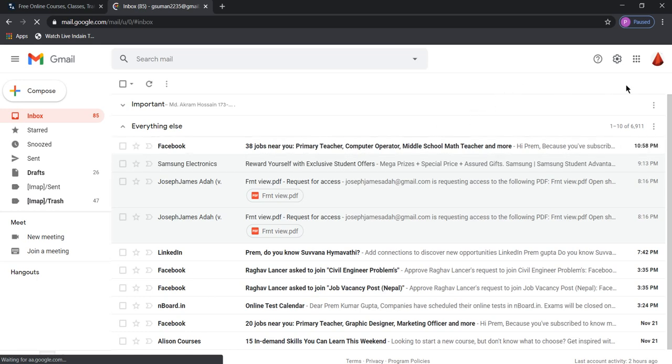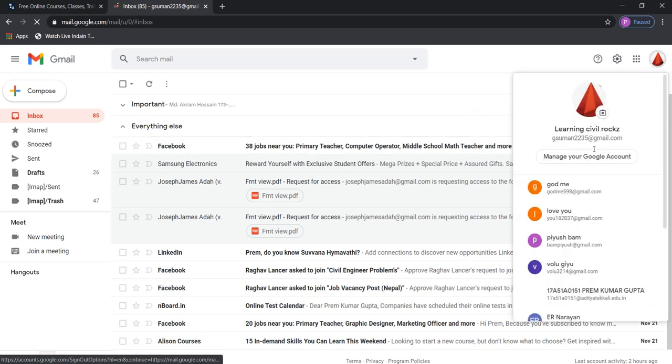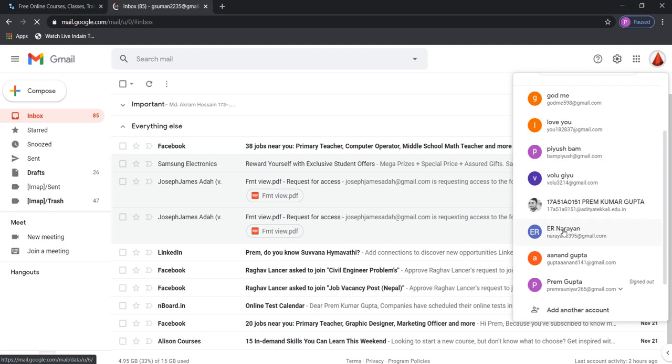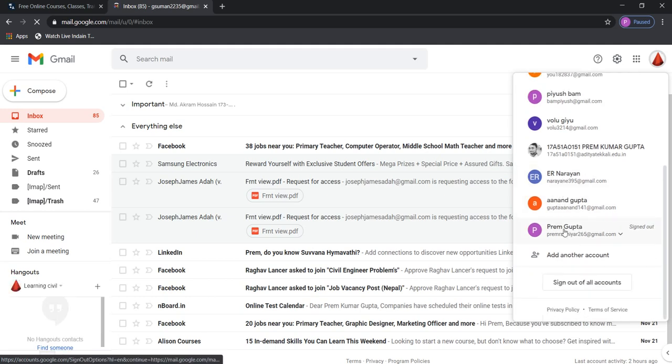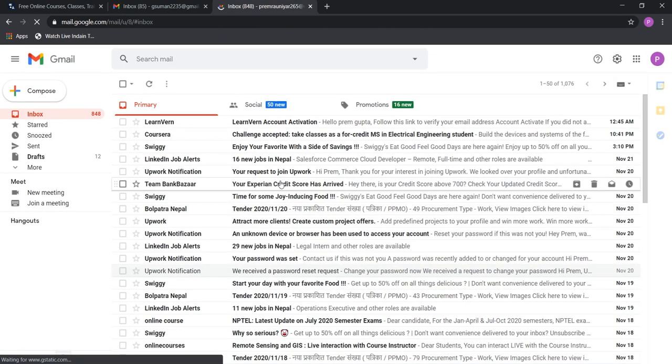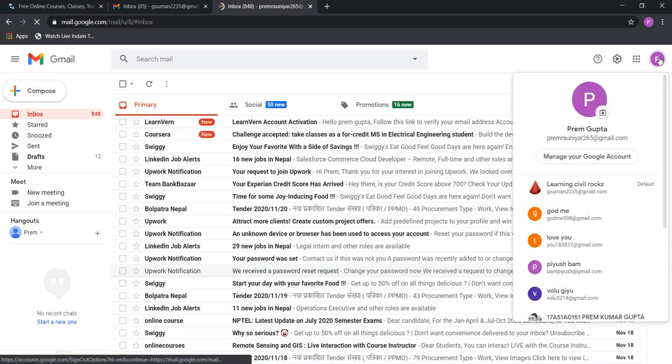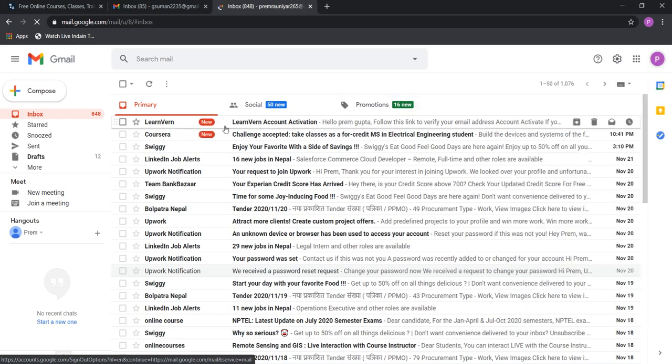It will take some time. See, this is my Gmail which I have given here. I have opened the same mail which I kept for Learn One. See, I have got mail from Learn One.